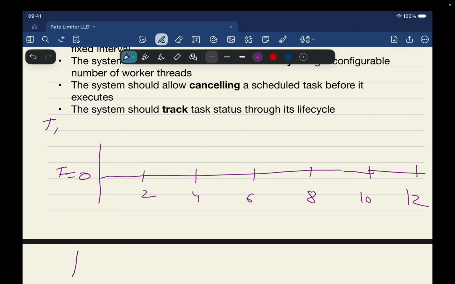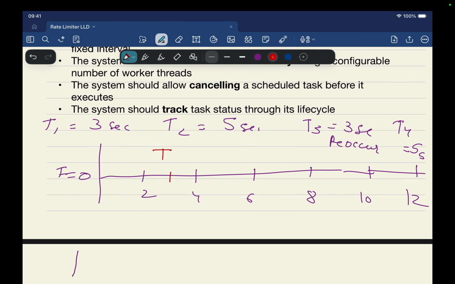Let's say t1 we need to have at 3 seconds, t2 at 5 seconds, t3 at 3 seconds and it should recur, and t4 at 5 seconds. Okay, so now what we need to do is